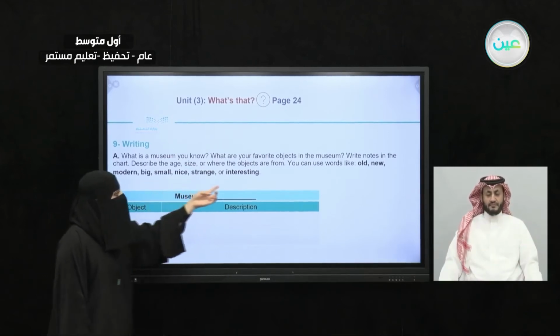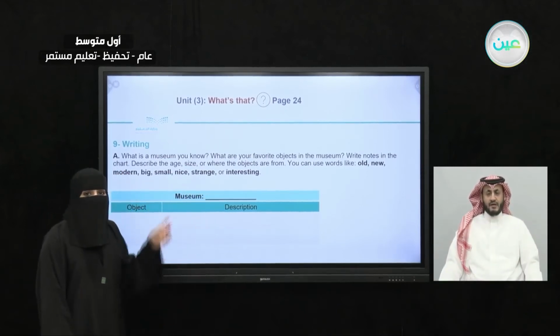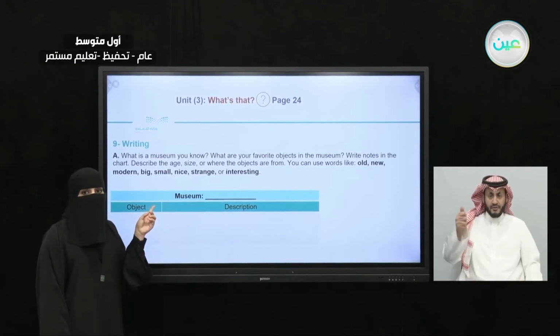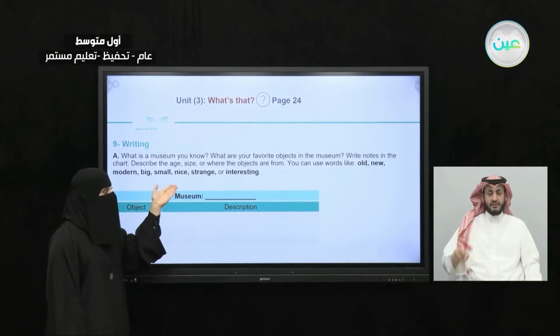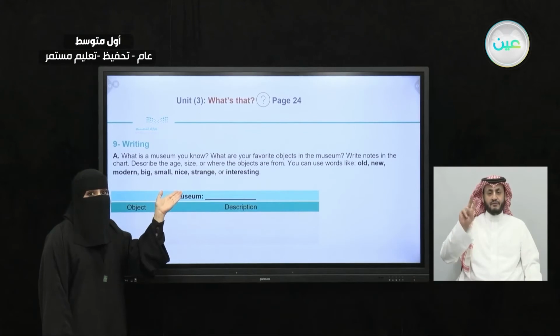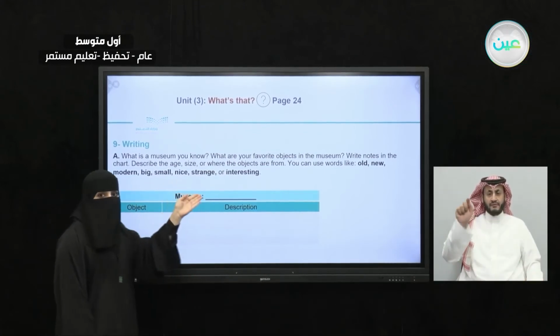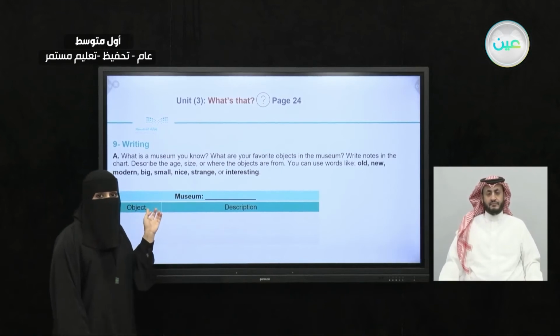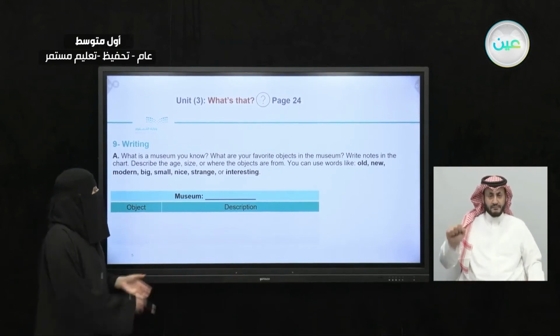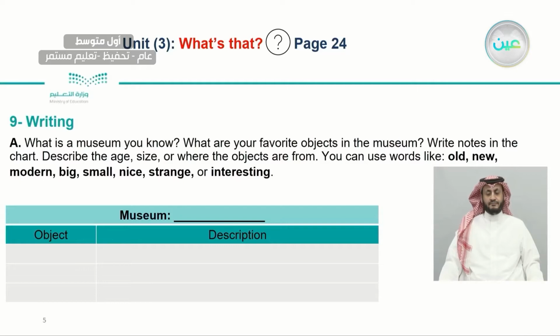All those words are called, are they nouns? No. Are they verbs? What do you think? They are adjectives. And we use adjectives to describe an object. Okay, so good job. So in this chart, you will be writing the name of the museum that you visited,